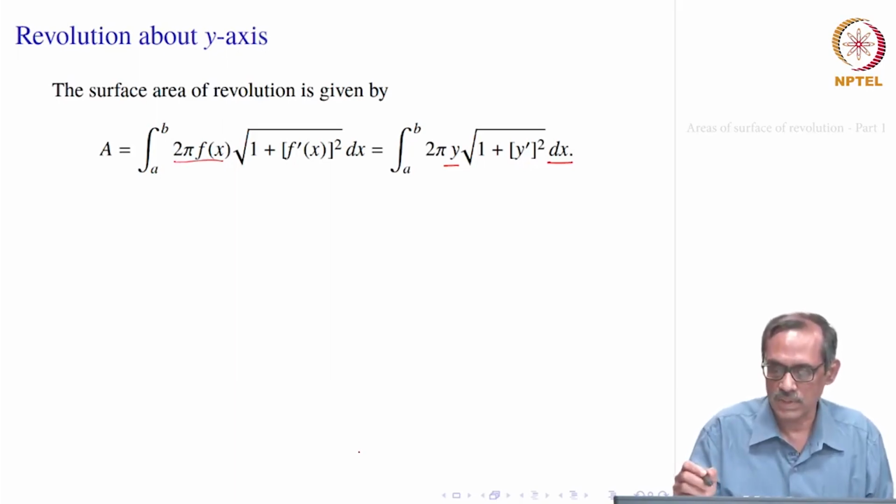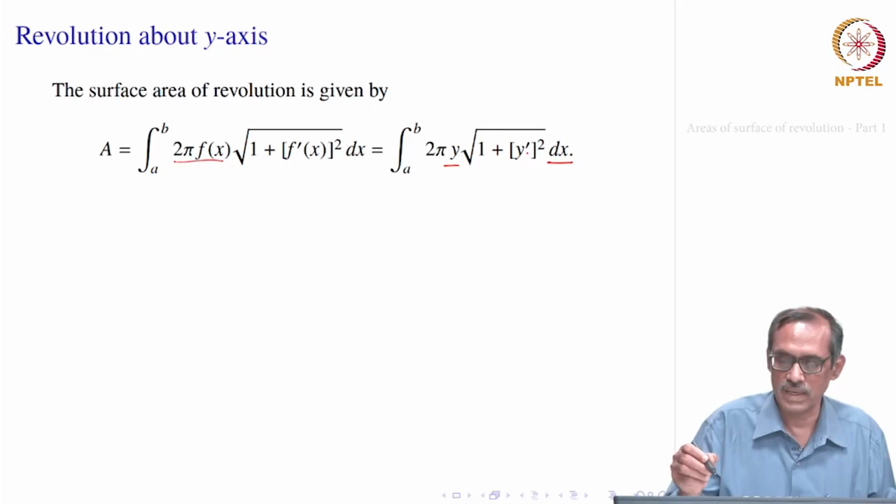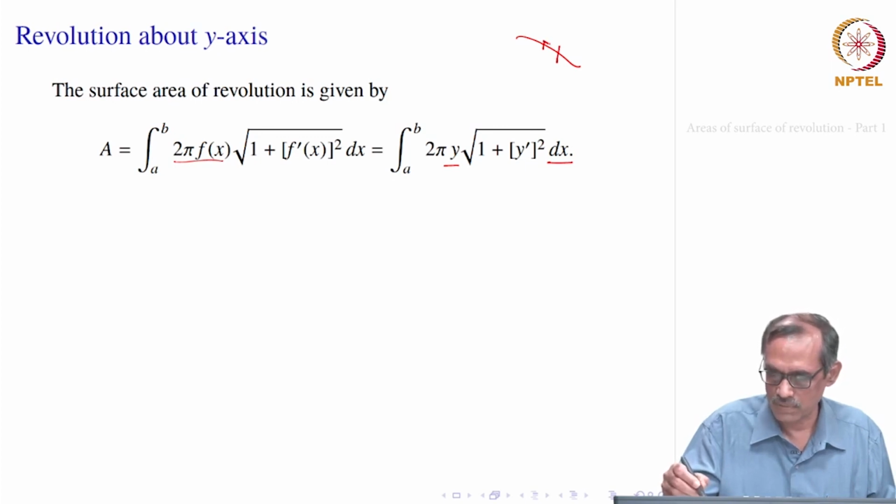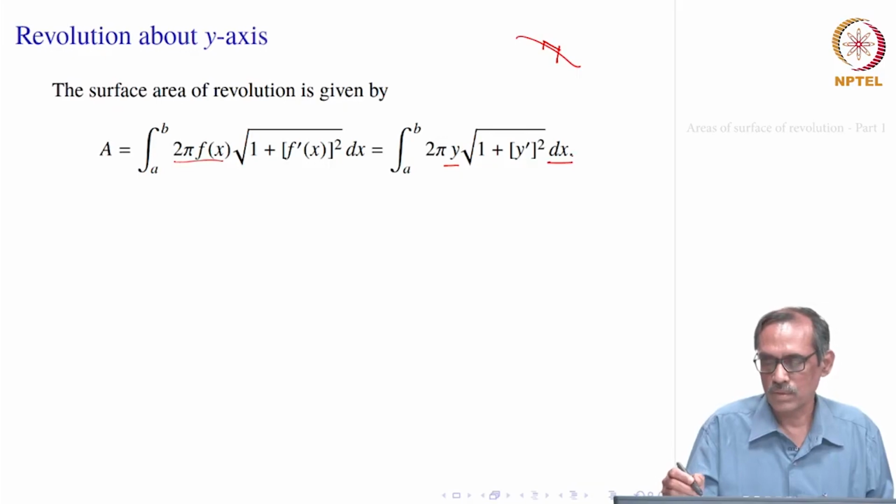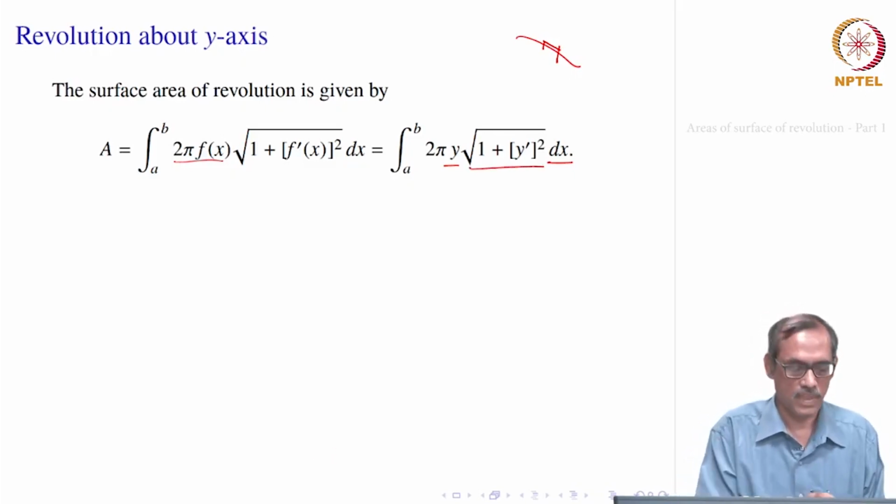So, here there is a common mistake. Why do we think of the square root of 1 plus y prime squared? Instead, if you take 2 pi y and it is just dx, but it is not so, because you are really taking the length over this curve. We are approximating that from x_{i-1} to x_i, the length of the curve is approximated by a straight line here. So, that is really ds, not dx, not dy, right. So, that is why this factor of 1 plus y prime squared is coming up.